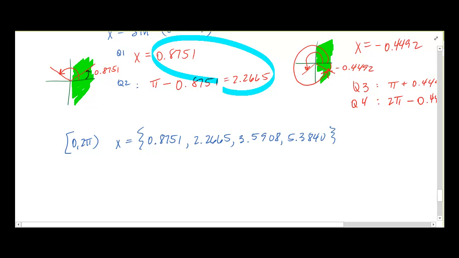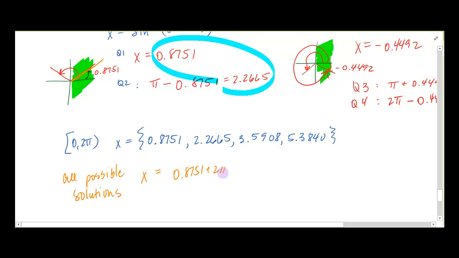What if, however, I asked you for all possible solutions? When I talk about all possible solutions, I have to adjust my solution set. So let's start with this. Let me erase this over here. If I had this angle here, which I know is 0.8751, and I went around the circle, that's 2 pi, I would get another angle coterminal with this. So that would be 0.8751